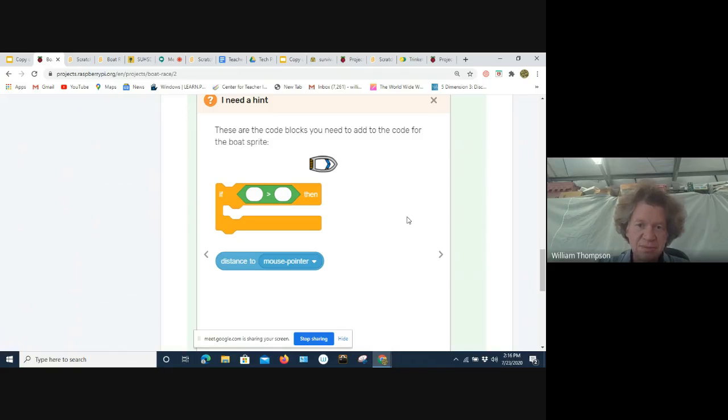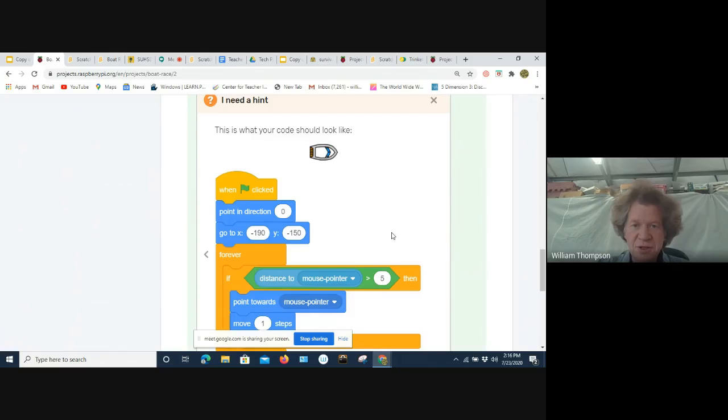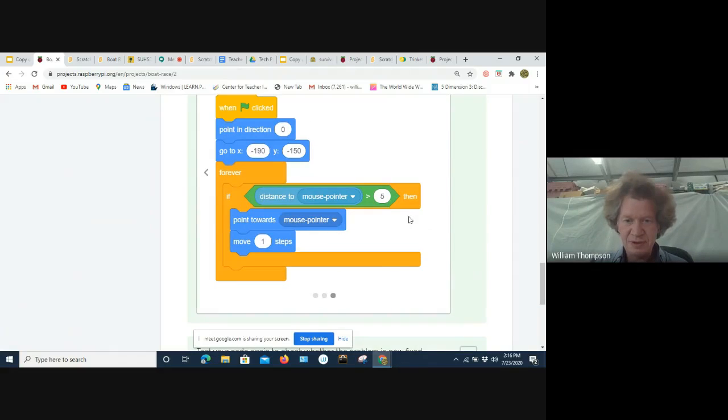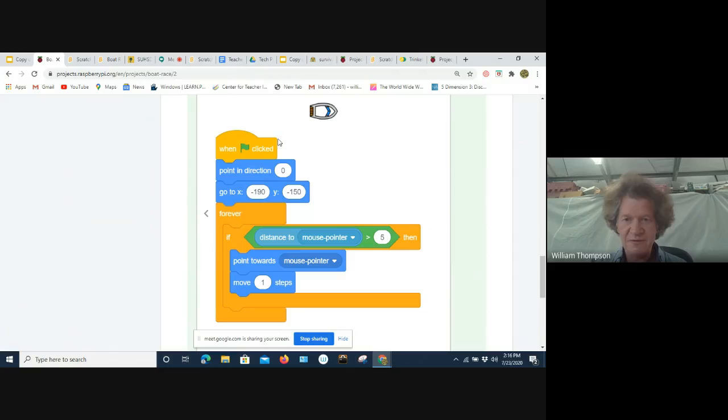So they're actually showing pictures of the block. And if you keep needing more hints, then they've shown the completed code. So they make it pretty easy if you're having trouble. I like that about the Raspberry Pi site.